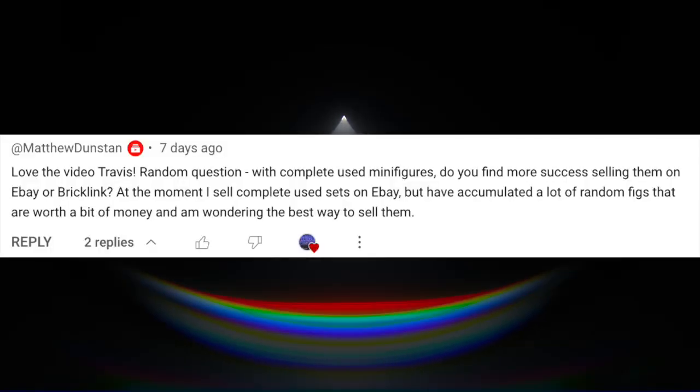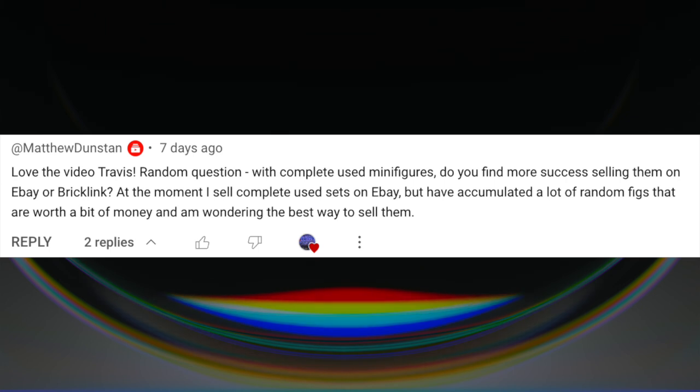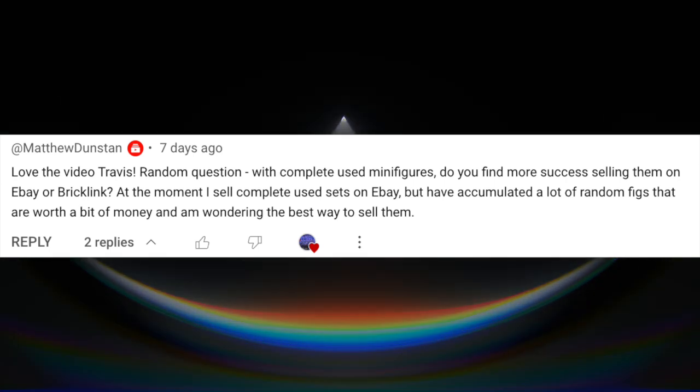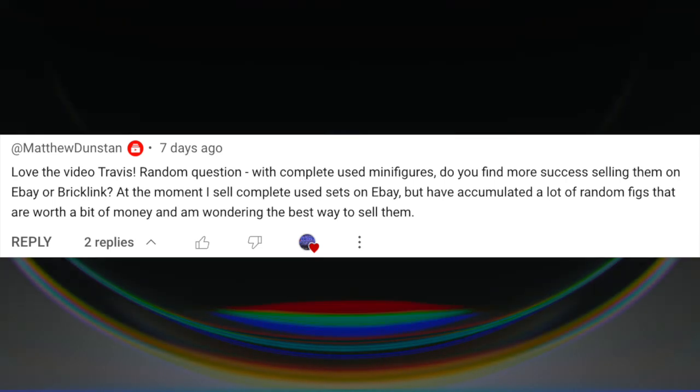Matthew, love the videos, Travis. Random question: with complete used minifigures, do you find more success selling them on eBay or BrickLink? At the moment, I sell complete used sets on eBay, but I've accumulated a lot of random figs that are worth a bit of money, and I'm wondering the best way to sell them. I diverge from a lot of people on this, so I'm sure other people are going to have other opinions. eBay is still a great tool to use. It's a bigger marketplace. International shipping is infinitely easier from the seller perspective. It's more expensive for the buyer usually, but